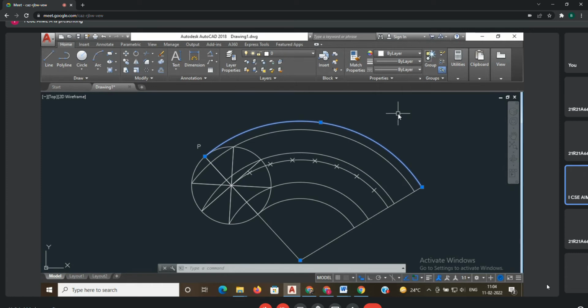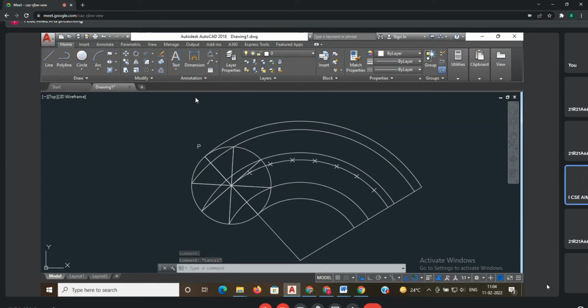Okay, good. Since it is anti-clockwise direction, how do I want to take the notations? Clockwise or anti-clockwise? Clockwise, the reverse direction. That's why don't get confused here, it is just opposite. Now the rolling circle is rolling anti-clockwise, so you have to take the notations in the clockwise direction.